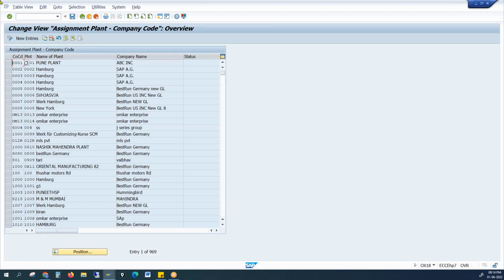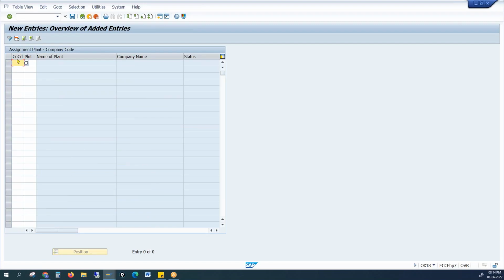This is also a tricky configuration because you know your plant and your company code. If you try to configure it, let's say ZGPL, and your plant is also ZGPL,